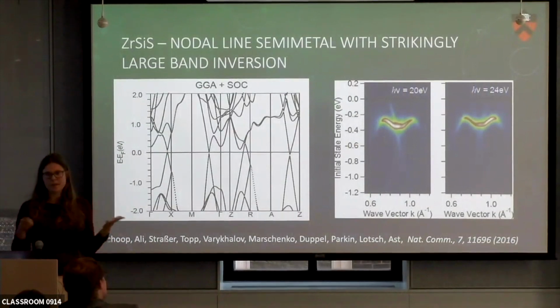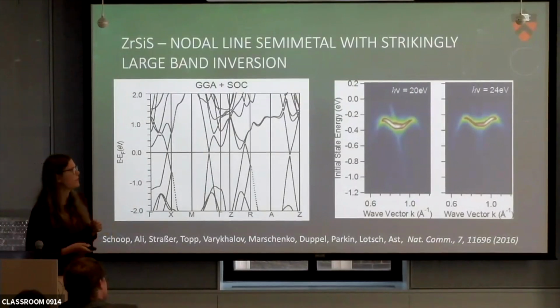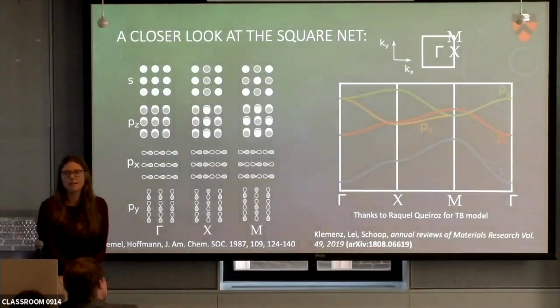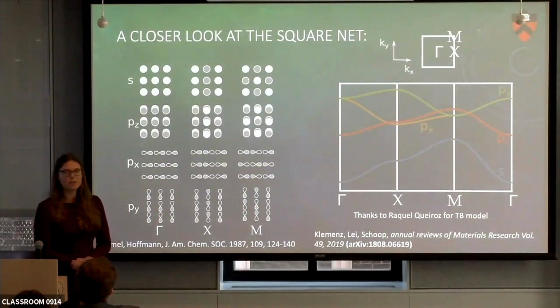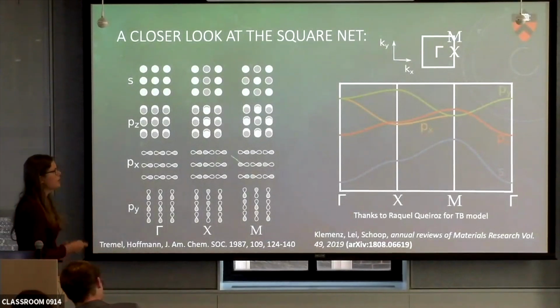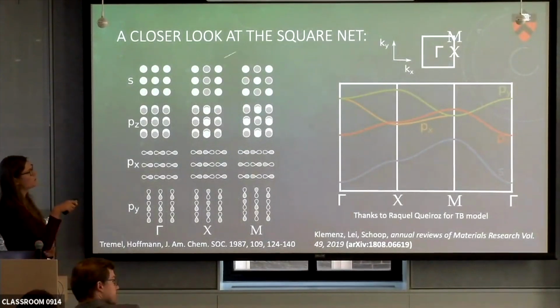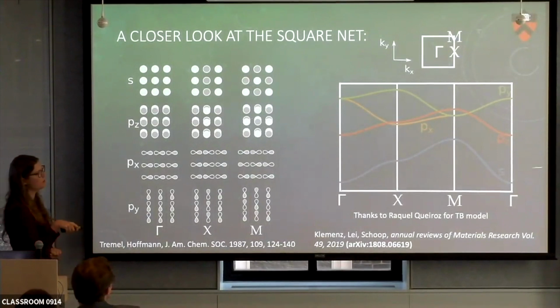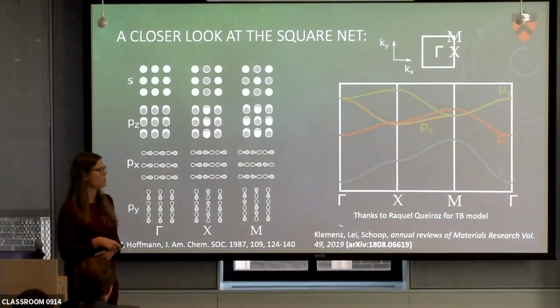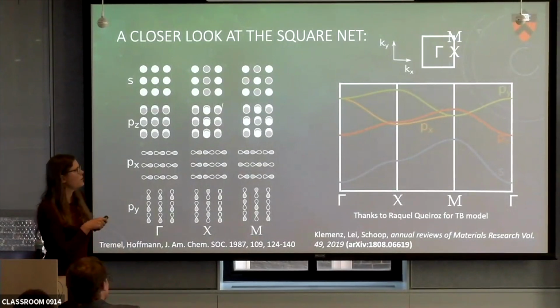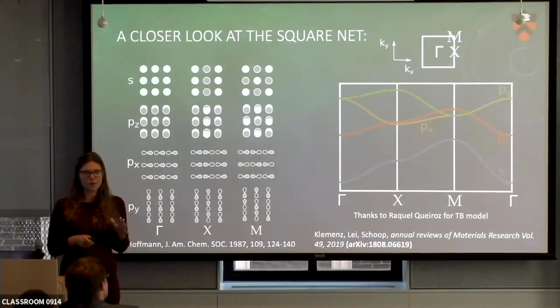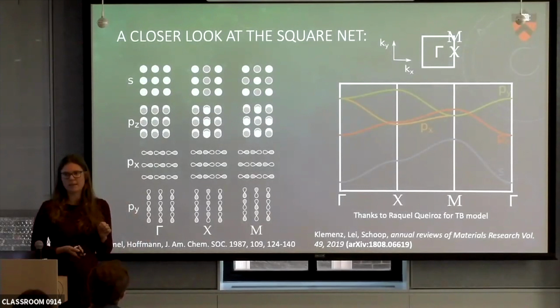Okay, so chemical delocalization and Dirac cones, at least here's an example that we might be onto something. I just wanted to understand why in a square net arrangement I can have these band crossings also, and not just in a honeycomb. And so this is the Hoffmann approach at looking at the orbitals and how they overlap and drawing a band structure. It's the same result you get for a simplified tight binding model, which Raquel made for me, so I have a figure to show. But if you just look at a normal square net, you won't see any steep band crossing. So this alone, like the hypervalent bond alone, doesn't explain that for us.